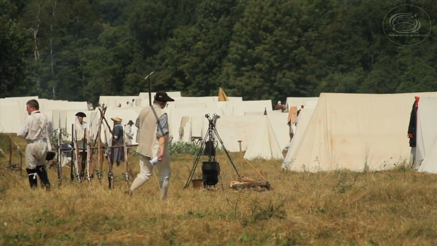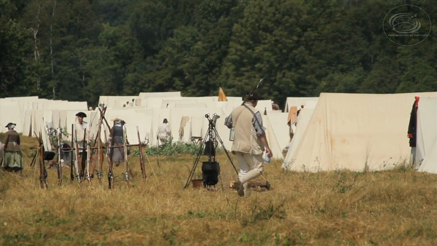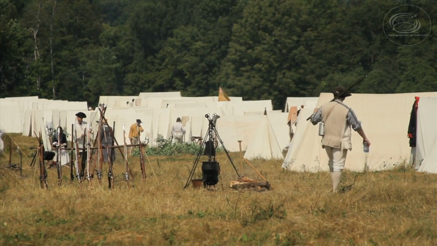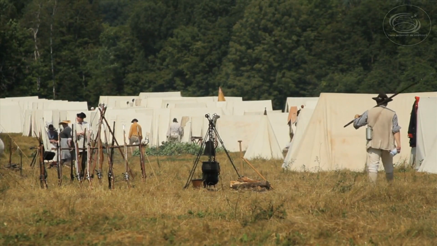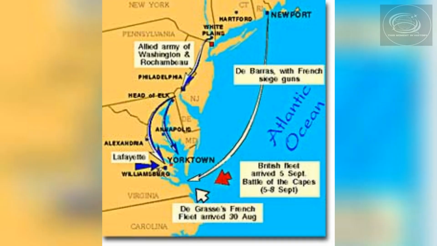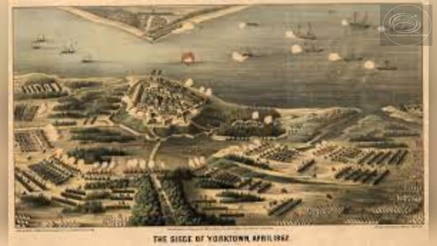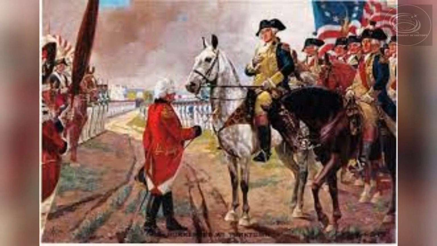As the war raged on, a decisive campaign and diplomatic negotiations would eventually bring the American Revolution to a close. Siege of Yorktown, 1781. In 1781, American and French forces led by Washington and Rochambeau laid siege to the British at Yorktown. The successful campaign forced the surrender of British General Cornwallis, effectively ending major military operations.